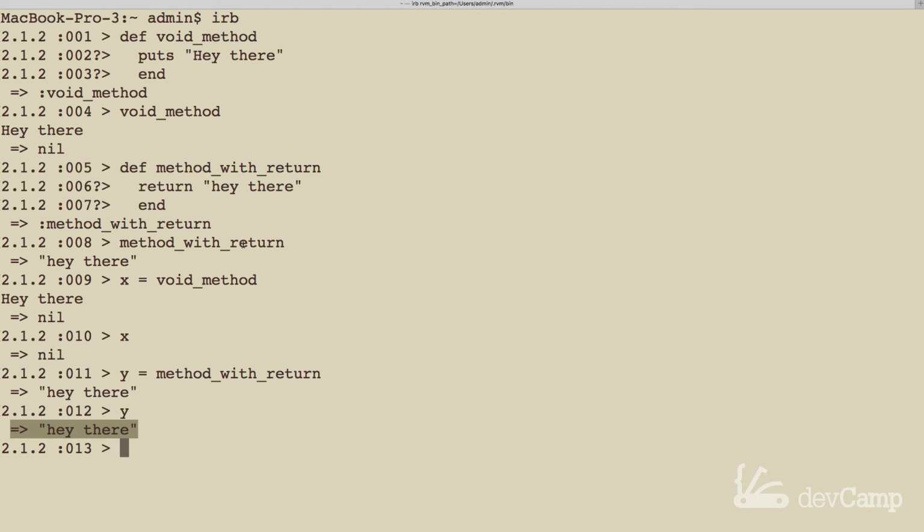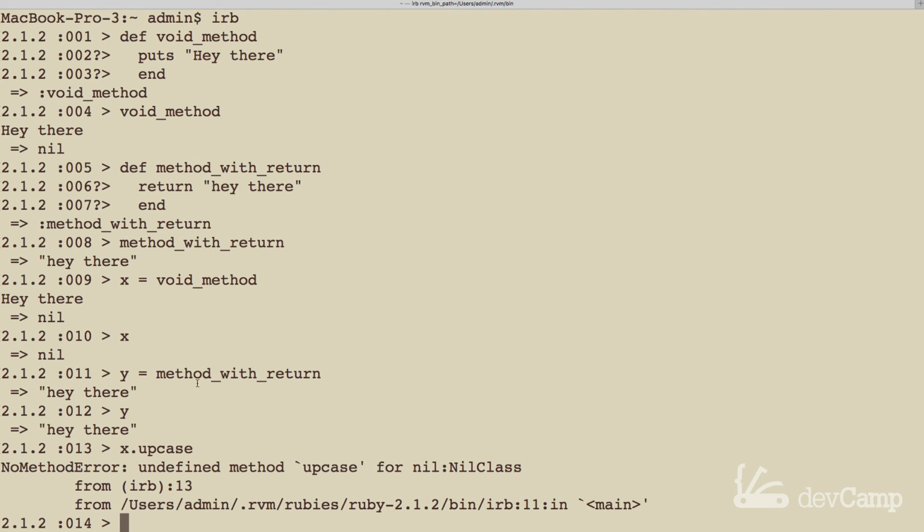So the value that was returned from the method is now stored inside the variable. This is really critical to know. Let's say that we wanted to call a method on x, so say we wanted to turn hey there into all uppercase characters. I can do x.upcase, and this is going to throw an error. Notice how it says undefined method for nil class.